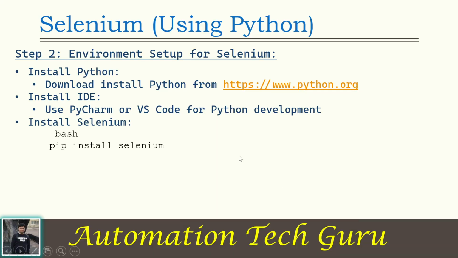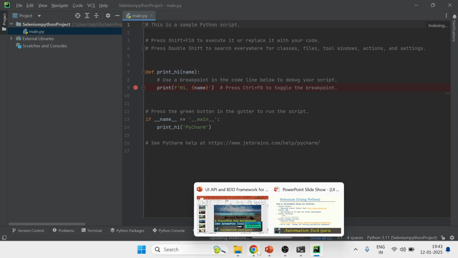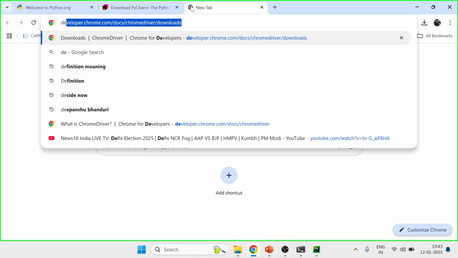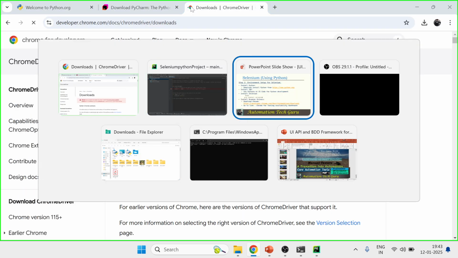Okay, next is we will install the Selenium, and also we can install the browser drivers. For Chrome, you just need to go to developer.chrome.com, Chrome driver downloads. So let's go there also. This is for the developer. Yes, it's already there. So for that, what you need to do,